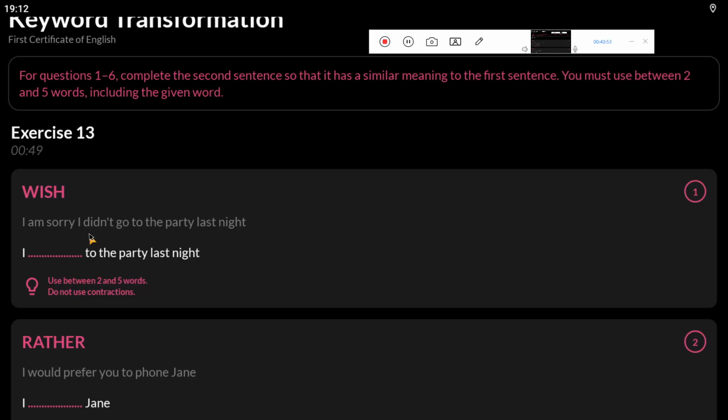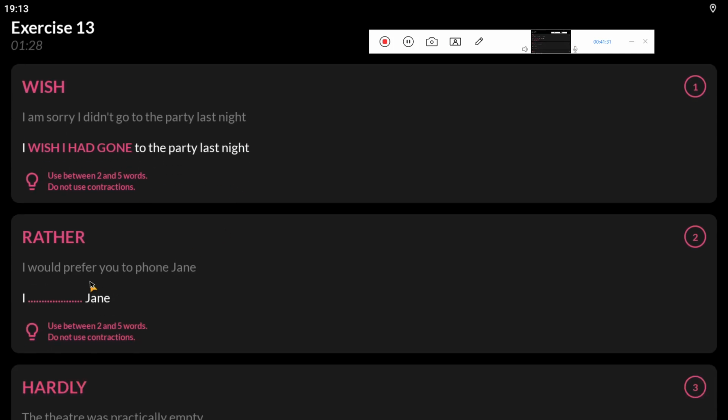I'm gonna give you a pattern, okay? When it comes to talking about wishes and regrets, and if the original sentence is in simple past, as it is here, didn't go, for sure you have to take it for granted that the next one is going to be in past perfect. So always, I wish in past perfect. I wish I had gone to the party last night. Yes, I wish I had gone, always. If you see simple past in the first sentence, it is for sure that the next one is going to be past perfect. Don't forget.